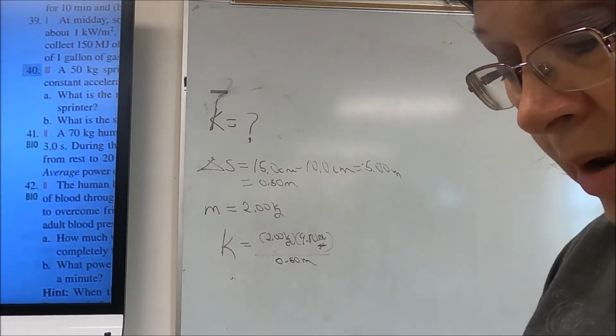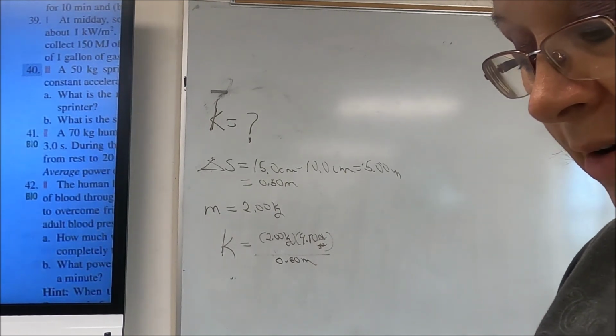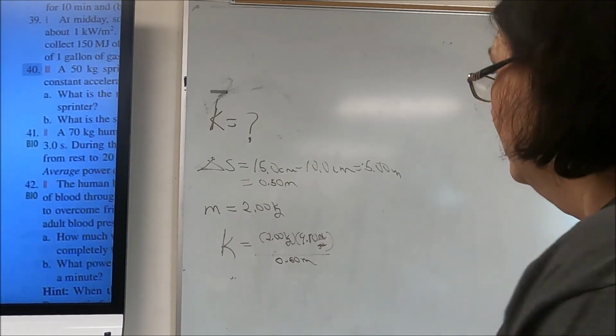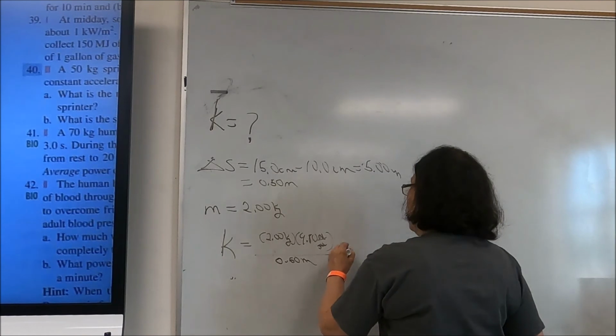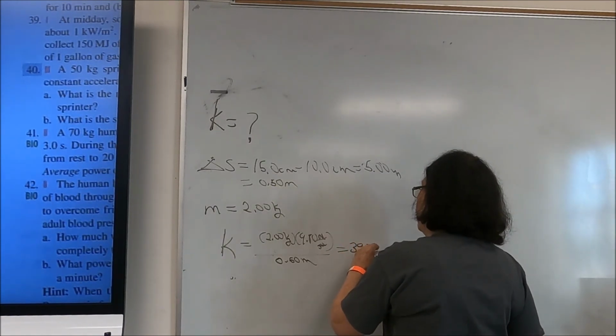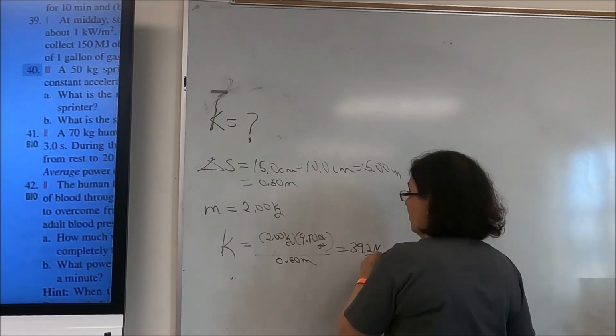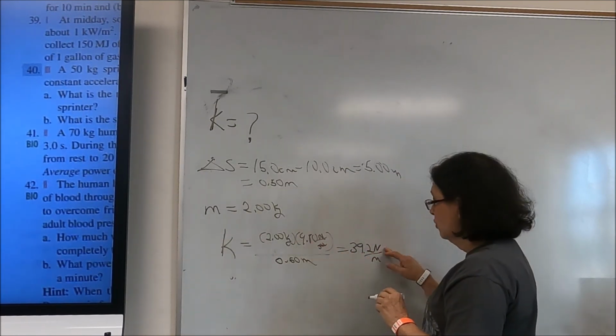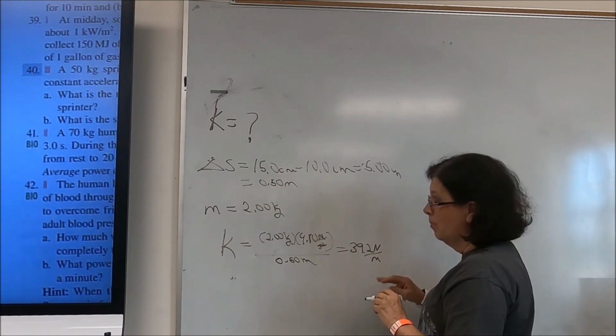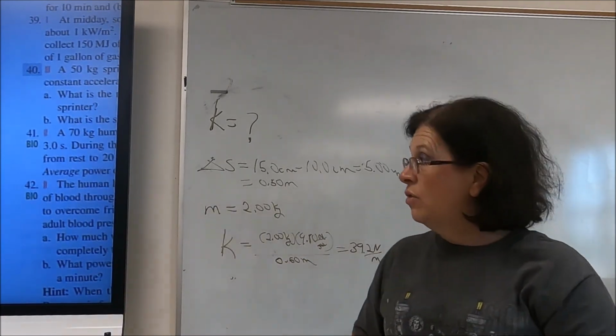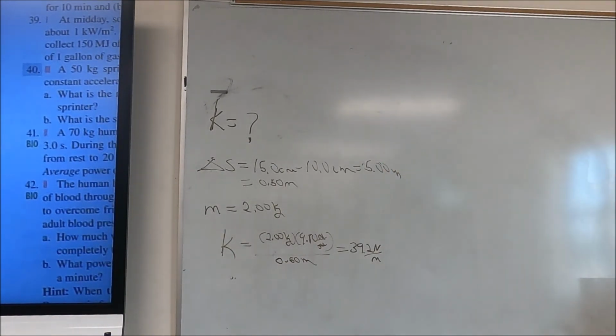So 2 times 9.8 divided by 0.05 says that our spring constant is 392, and it's Newtons per meter. A kilogram meter per second squared is a Newton, so I have a Newton per meter. Okay, so Newton per meter. Not a hard problem. All right, now,